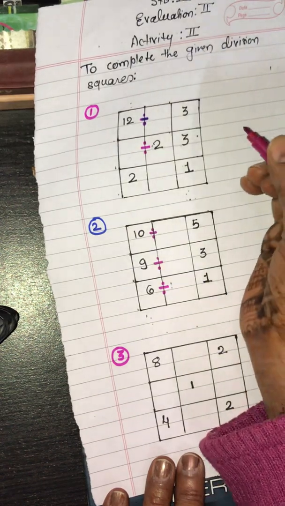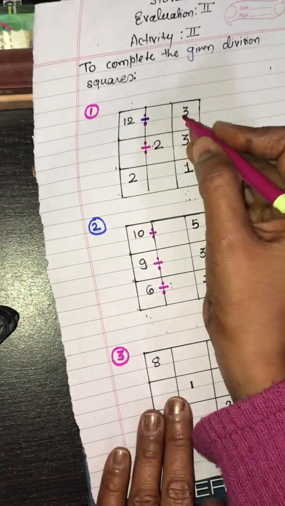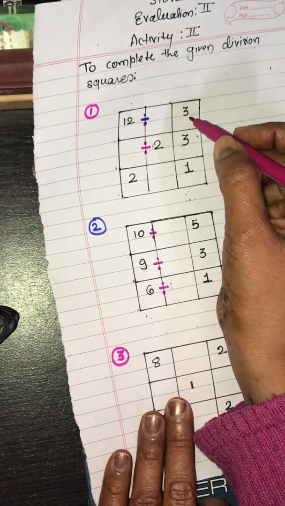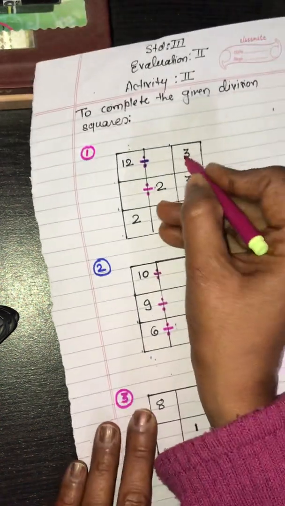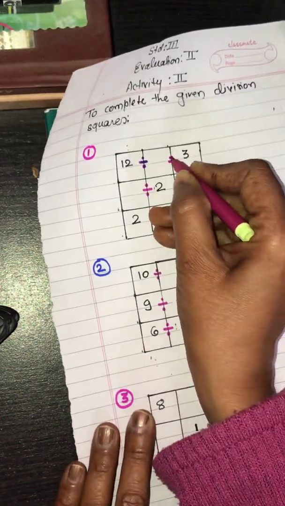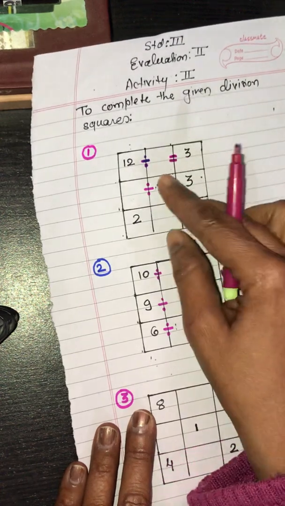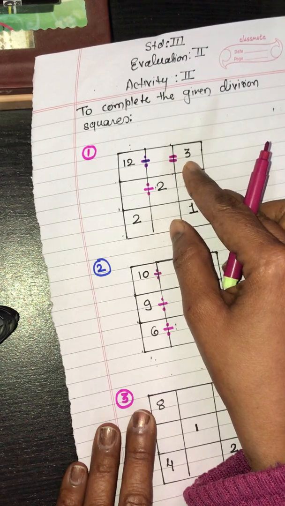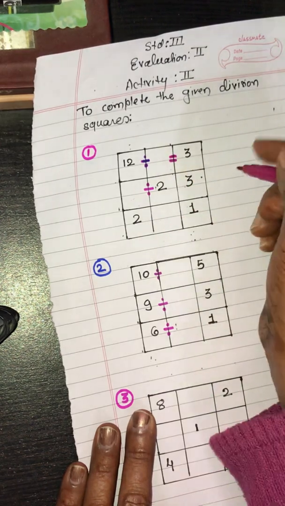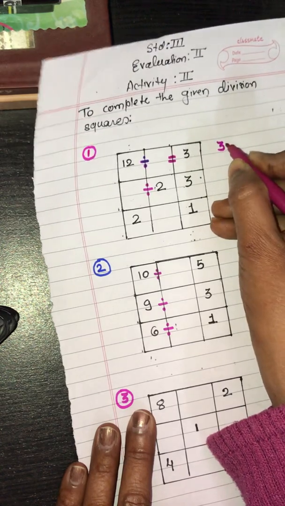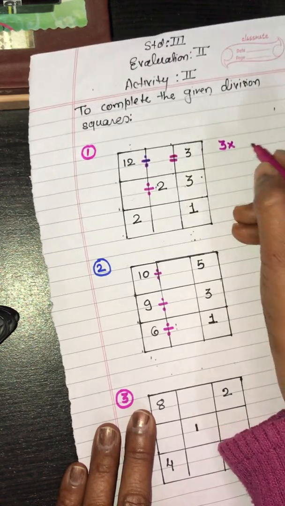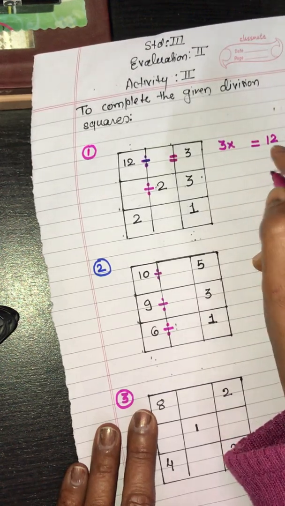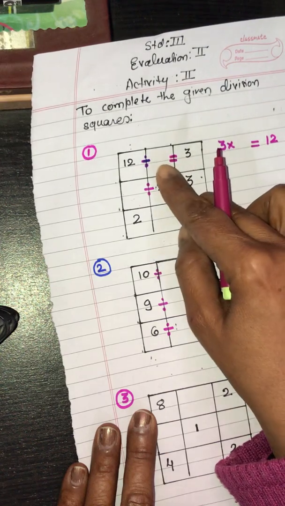So what we have to do is find out when 12 is divided by which number we get the quotient as 3. What we will do here is put an equality sign. So 12 divided by a number which gives you the quotient 3. As the given quotient is 3, we will say the table of 3, or we will find out 3 into which number we get 12. You can say the table of 3, or by this method also you can find out the divisor here.